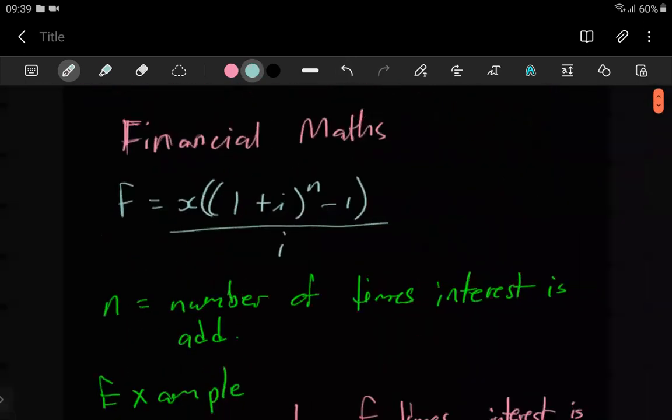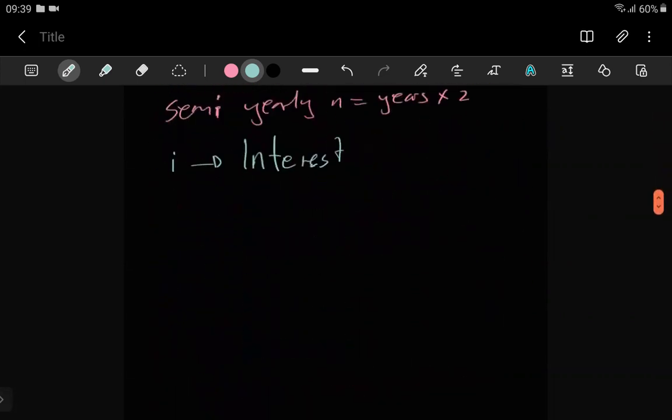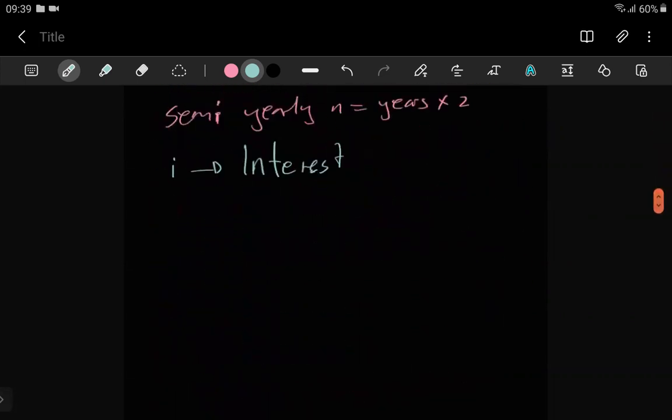I mean, this goes for the F formula and the P formula, where I is and where N is. You will always have to be careful what you put there. So for example, for interest, your interest will always be the value of I, which is,